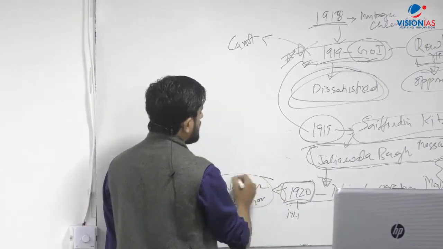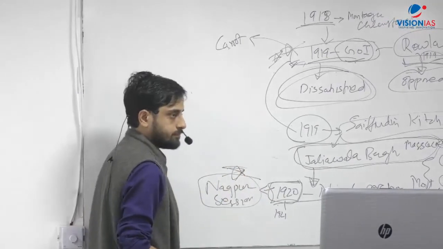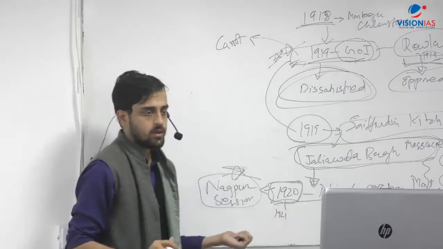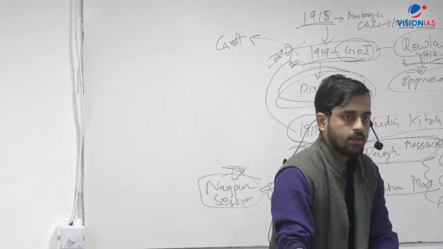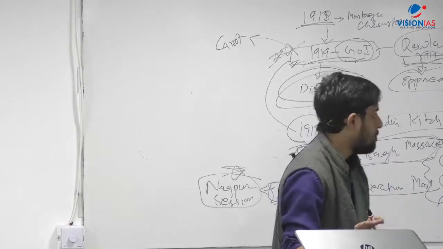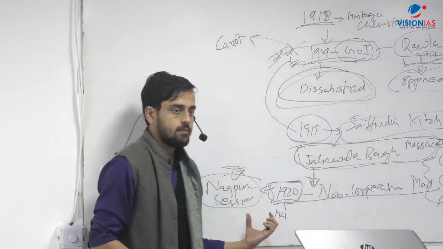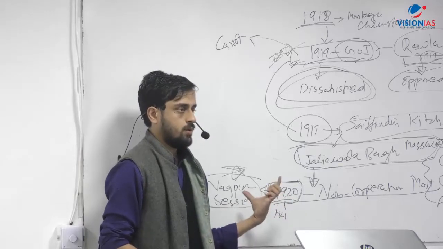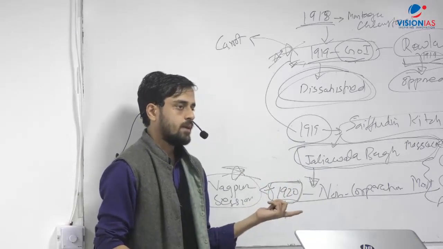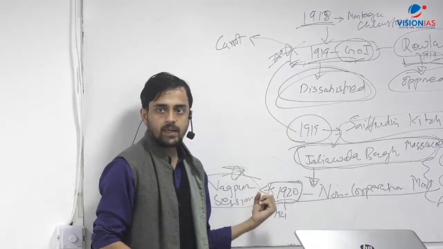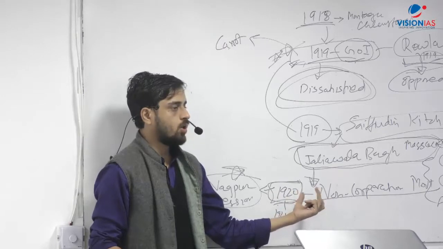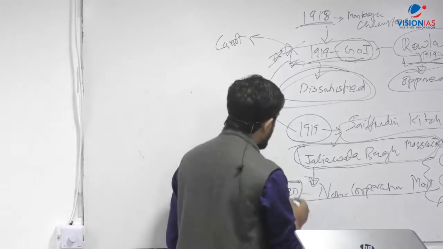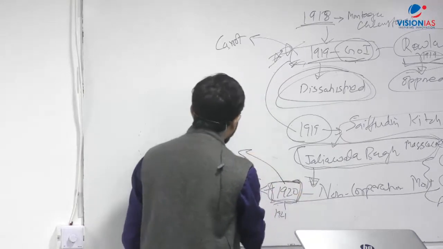This Nagpur session of the Congress is extremely important from our prelims point of view again. Okay, what happened in the Nagpur session of the Congress was that the formal proclamation for the launch of the non-cooperation movement was given. In 1906 Swaraj was given as the goal; in 1920 the proclamation for the non-cooperation movement was given from the Nagpur session onwards. In 1920 also they decided that now Swaraj